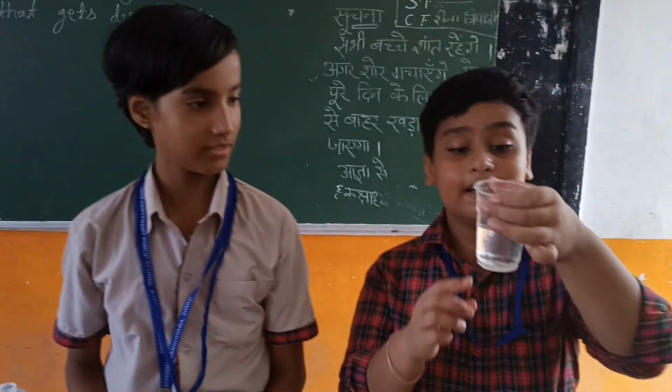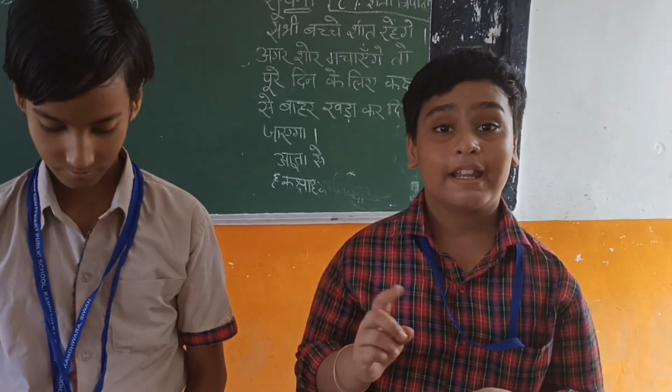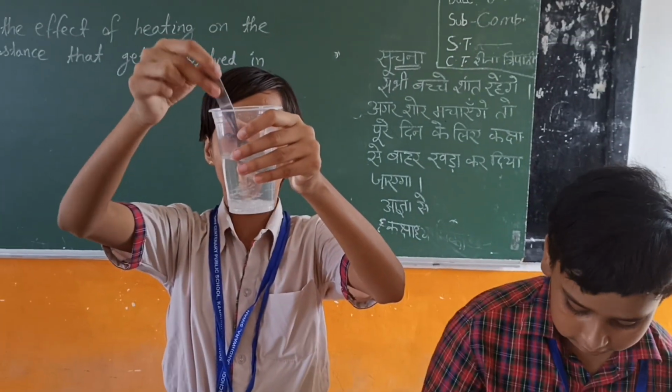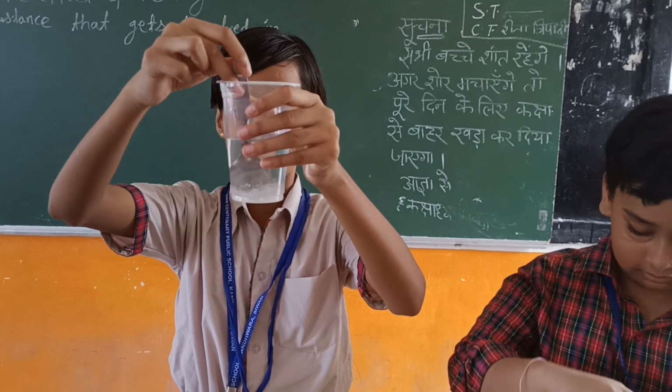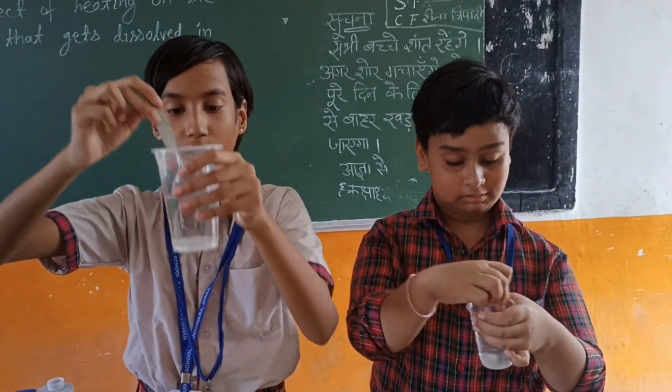But the sugar in this tumbler cannot sink. More can be dissolved in it, and faster. This tumbler has still sugar in it, and this is because that one has lukewarm water and this is normal temperature water.